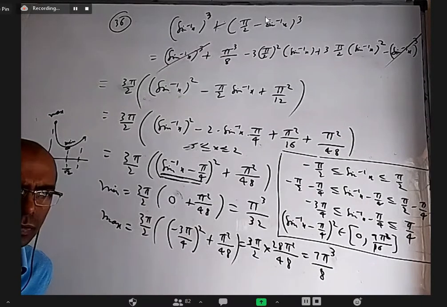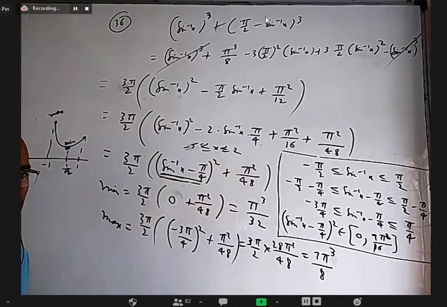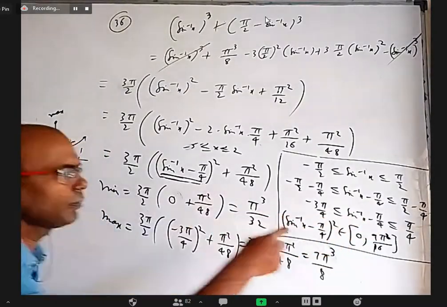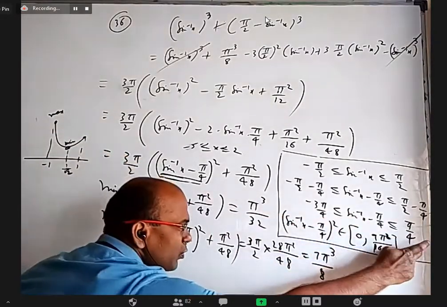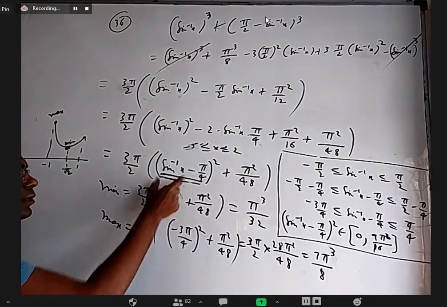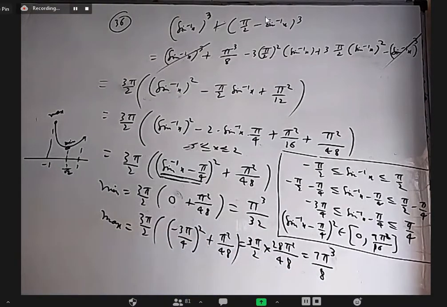0 minimum, 25 maximum. So it is not that you take this square and this square and go over. In between you have to see 0 is also there. The same way, if you take anything between minus 3 pi by 4 to pi by 4, the minimum is 0 when you square it. The maximum is not the square of this, rather the square of this, which is 9 pi square by 16. That's why we wrote the minimum of this square is 0 and the maximum is 9 pi square by 16.